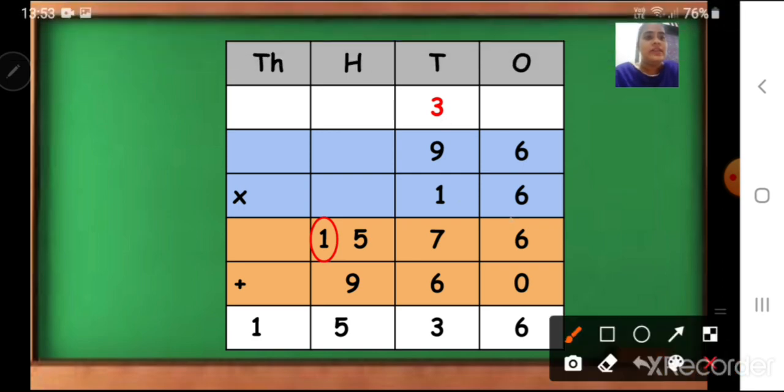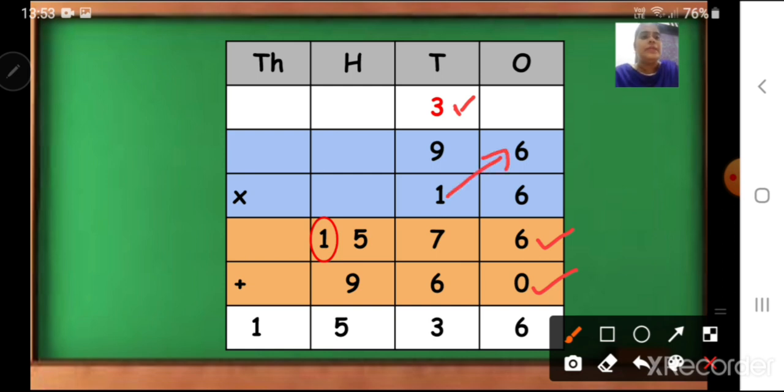6 6s are 36, 3 will be carry over and 6 you write down here. Then 6 9s are 54. 54 plus 3 is 57. So write here 57. Correct? Then the next number is in the tens place. So first we have to write 0 in the ones place. Don't forget this, it's an important step. First write 0. Then we have to multiply.